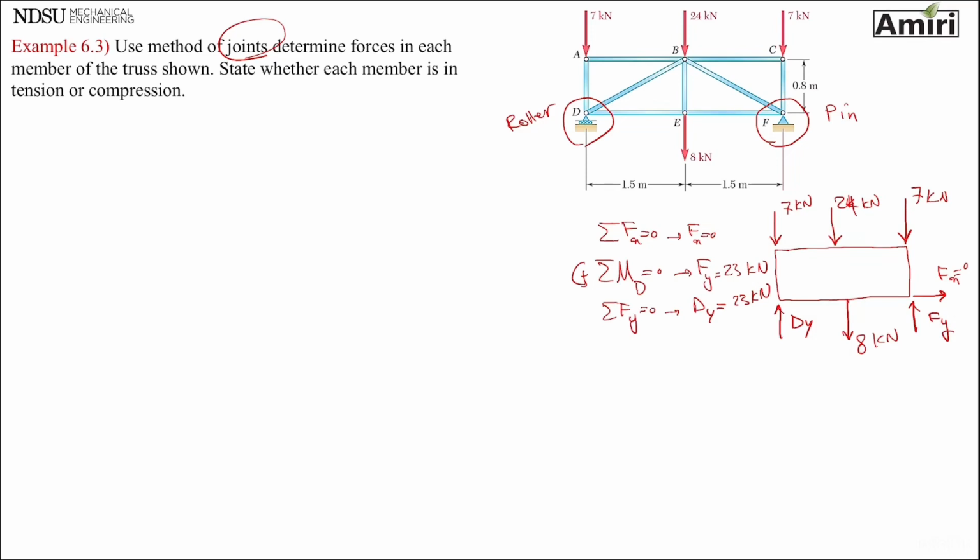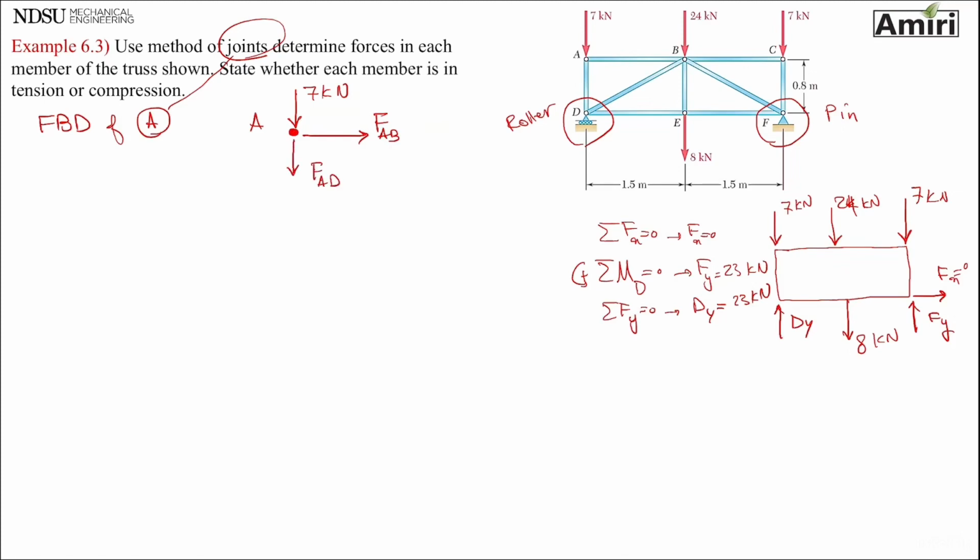So if I find forces in half of the members, the other half should be the same. So let's start. So now we're just starting with this problem. Free body diagram of joint A. Draw joint A, put active force there, and then put reactive forces, two forces, both in tension, FAB,